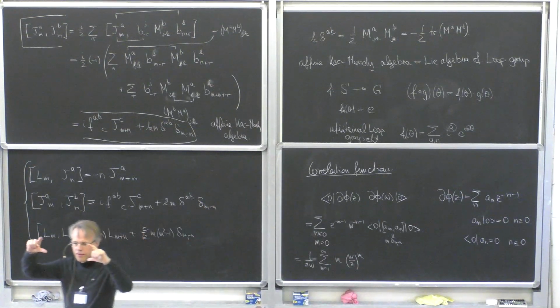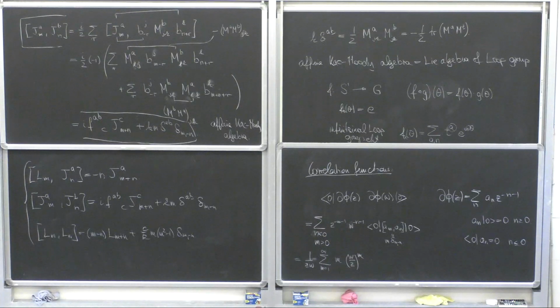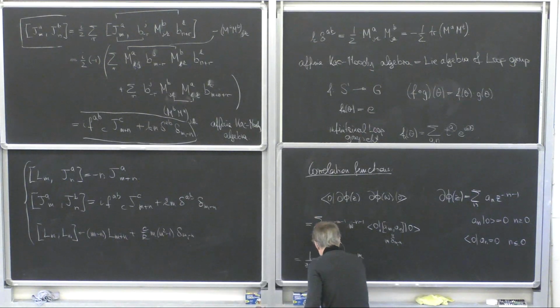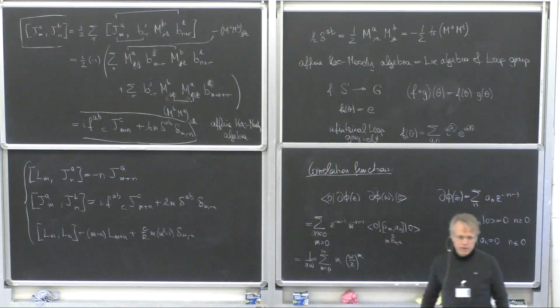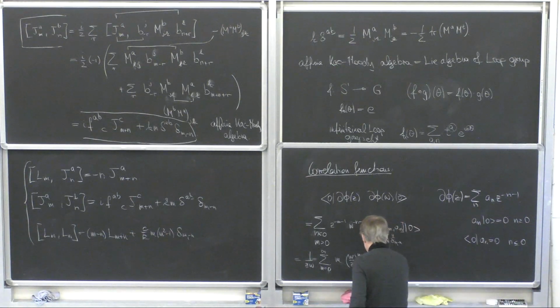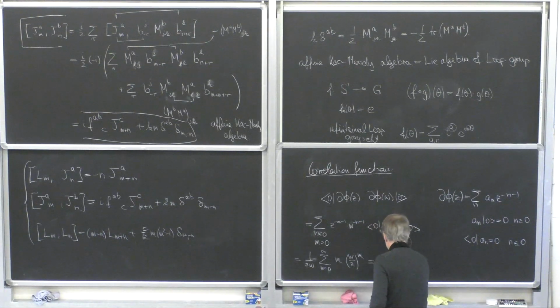I've assumed that the vacuum is normalized so that the in vacuum times the out vacuum is equal to 1. Okay, so this I can also write as a sum from 0 to infinity, because for m equal to 0, this term isn't there. And then you know what this is, right? Because this is just 1 over zw. And then this is u d by du